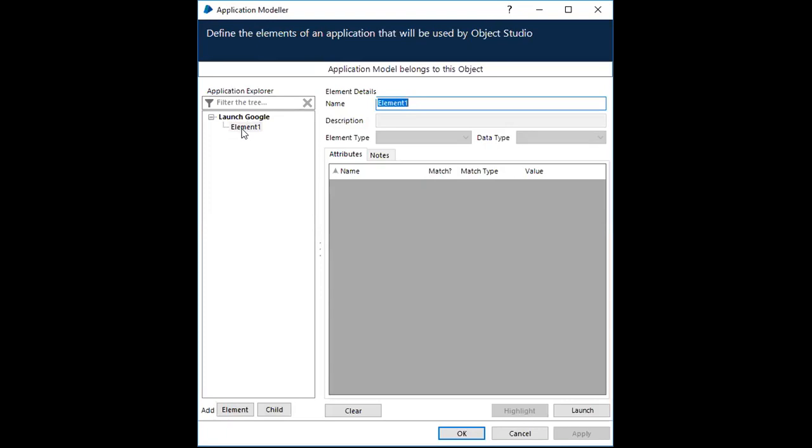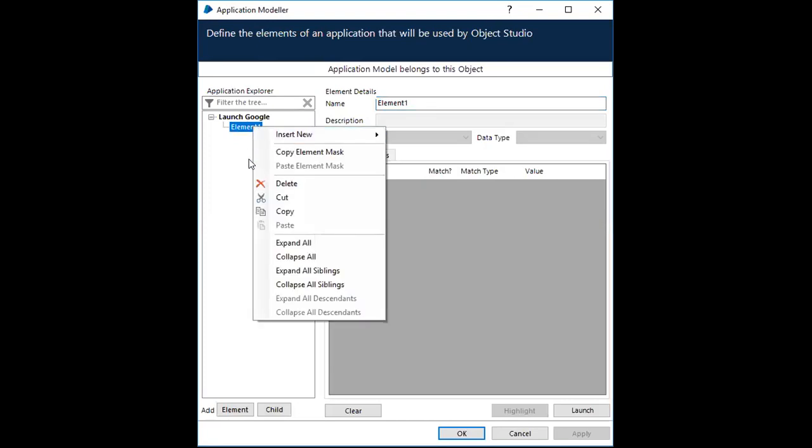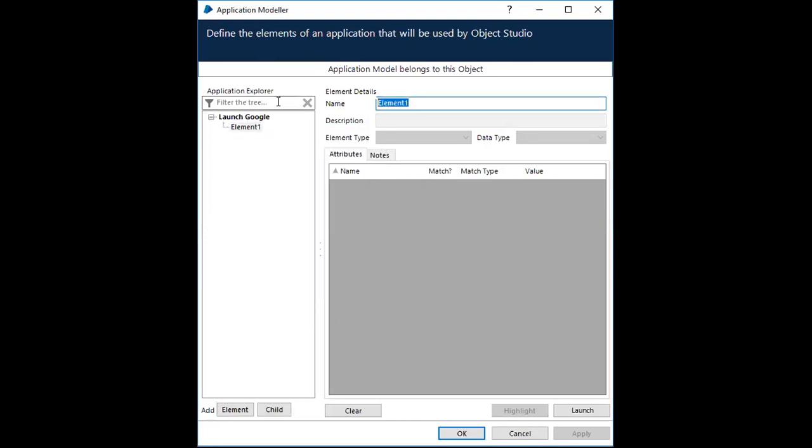By default, you will have Element1, which is there when you create an application model for the first time. This element can be deleted, or you can rename it to something like text. It is allowed to rename it or delete it if required. Then just click on apply and OK.